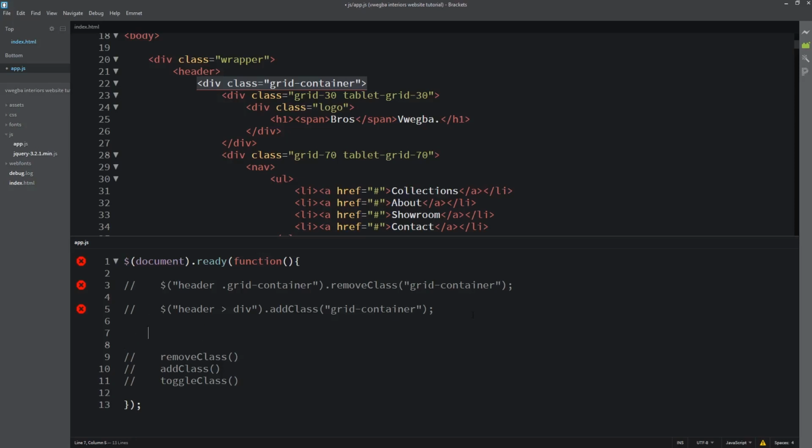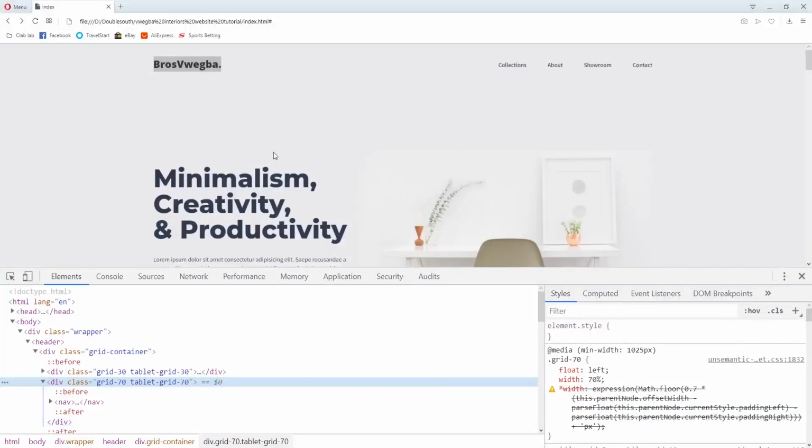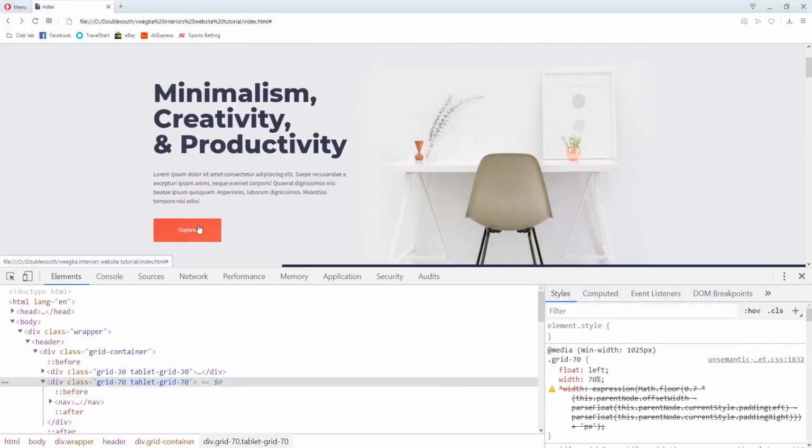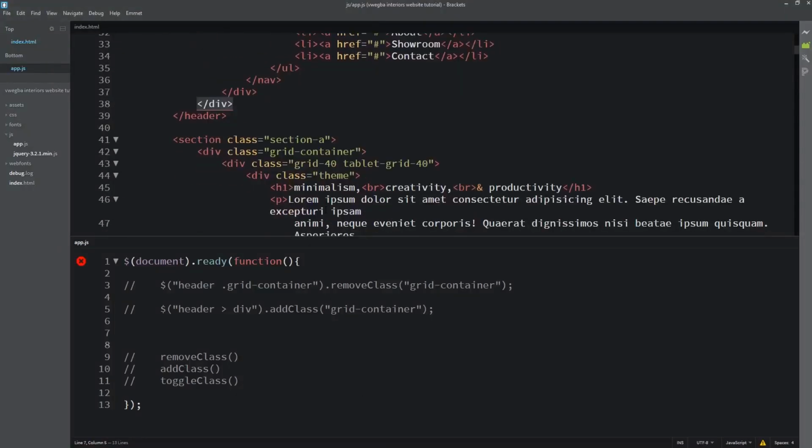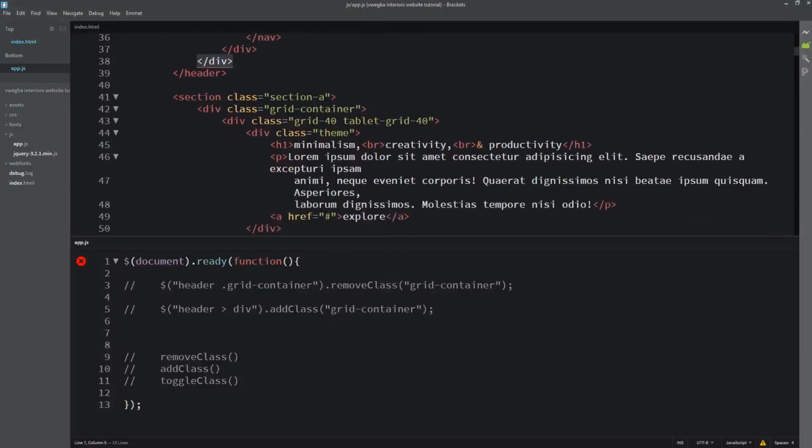To demonstrate, I'll work with this explore button, so that when we click it, it toggles the minimalism, creativity and productivity text on or off. First I'll come to my editor, target the element and put a style.